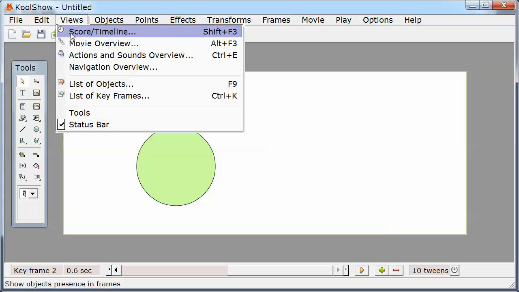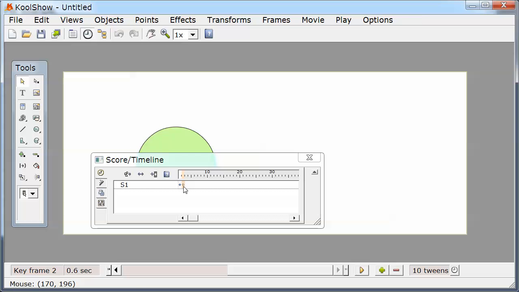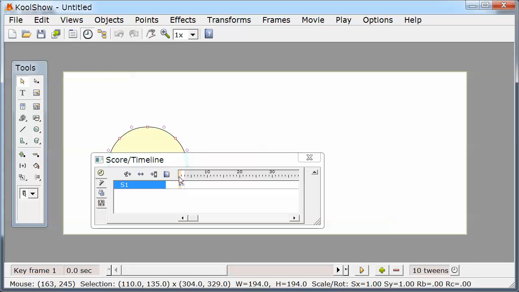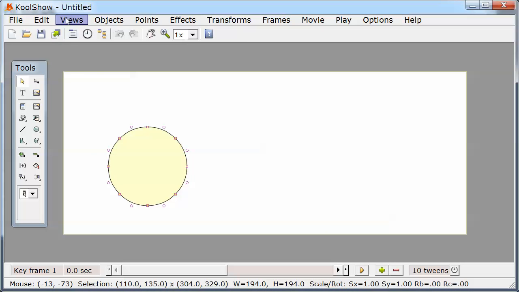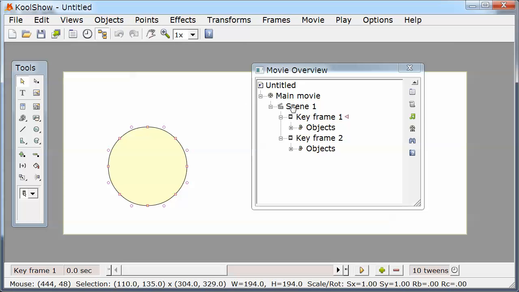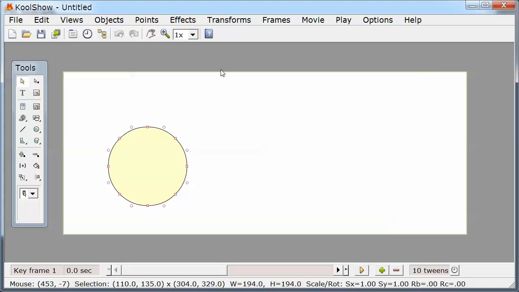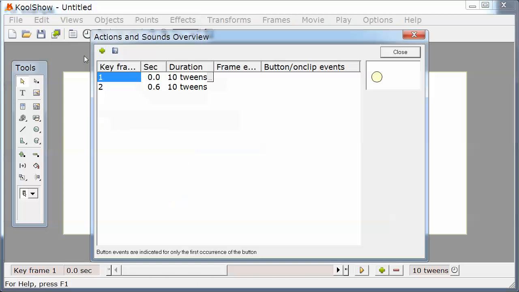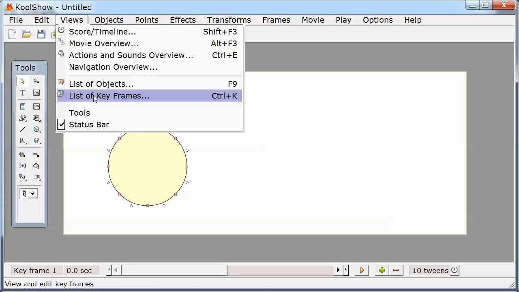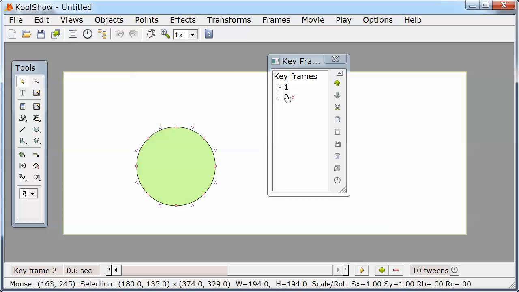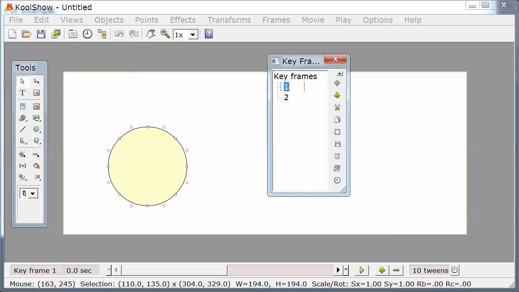Keyframes can be viewed in the timeline and navigated as such. Highlighted shapes are shown with the blue circles. Movie overview, actions and sounds, and list of keyframes. I can navigate, I can change the name,